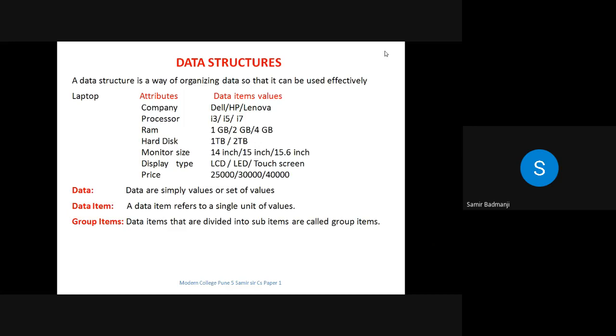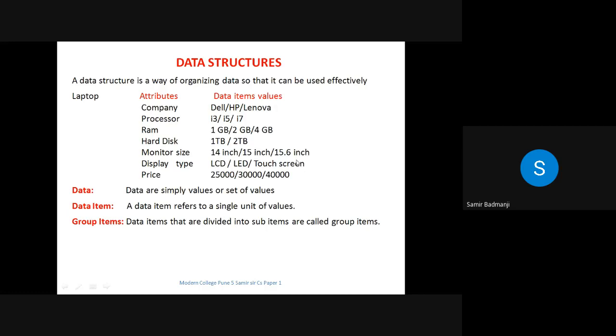Now the next definition is group items. Data items that are divided into sub items are called group items. Group means a collection of different items in one group.